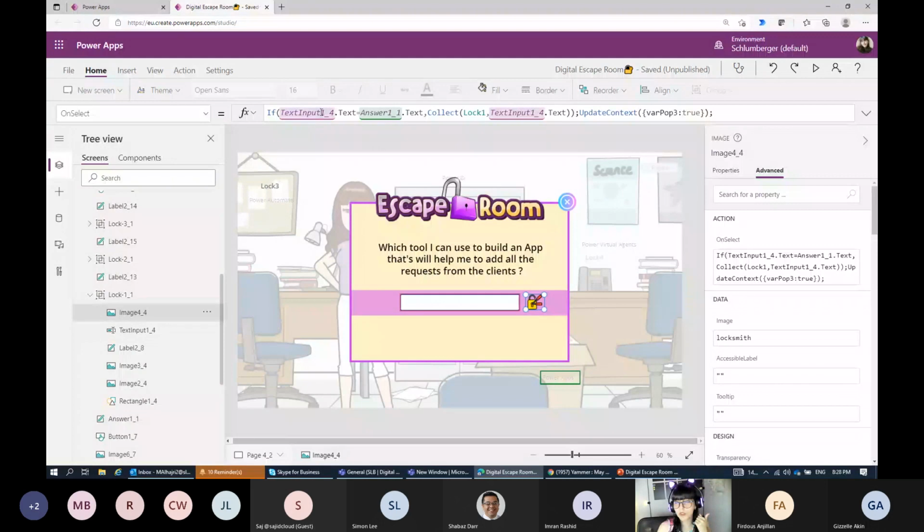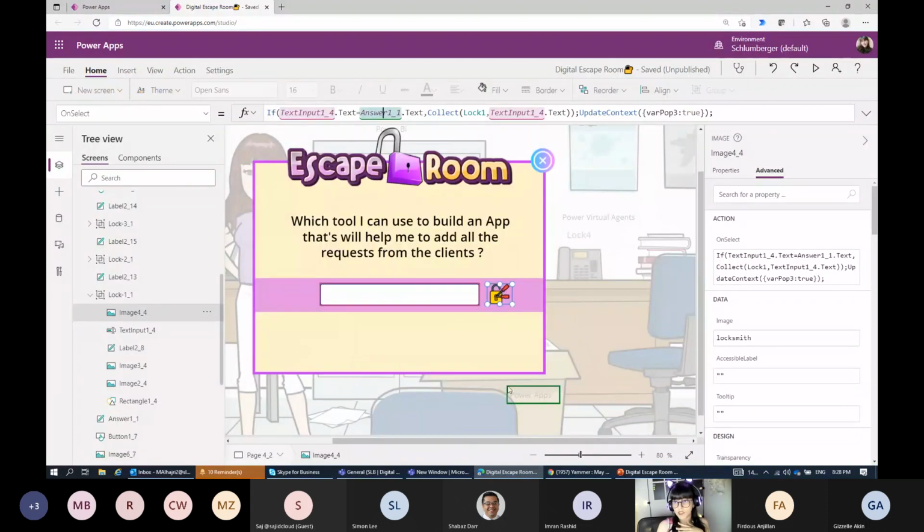First, we are checking if the answer that I have in the text input here is equal to this label. If you look at it now, it has become green because, for the first part, if my answer in the text input equals the label that I added here, what do I need to do? There are 2 actions that will happen.